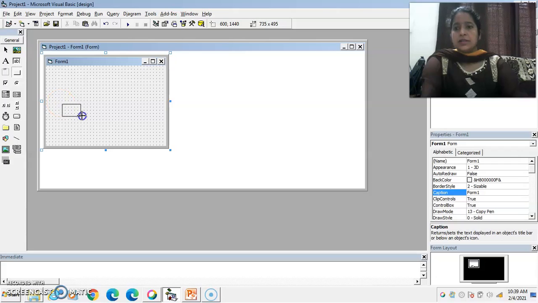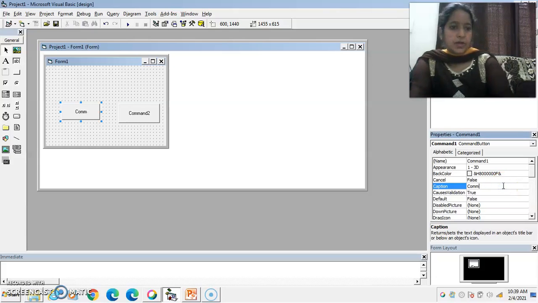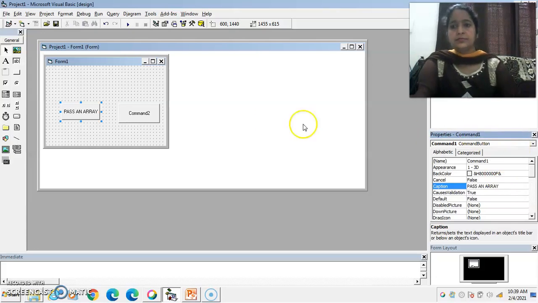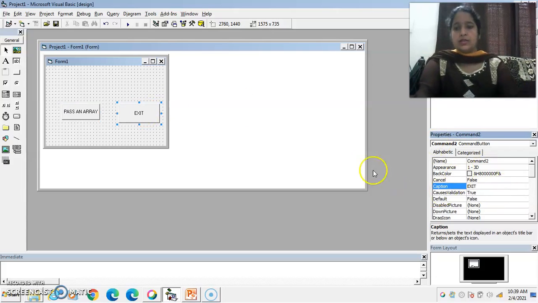This is the Visual Basic Integrated Development Environment. As you know, first of all take one command button, then a second command button. Set the caption of the first command button to pass an array, and set the caption of the next command button to exit.